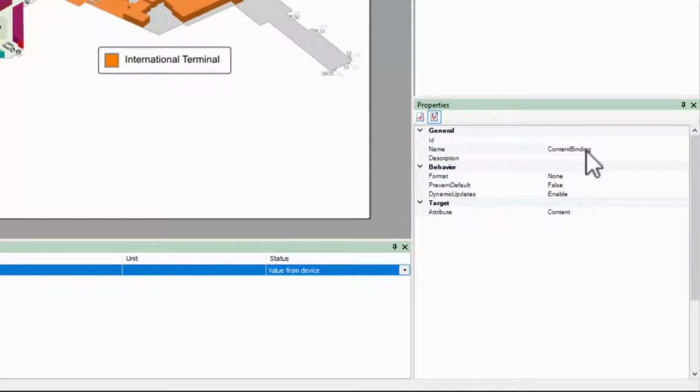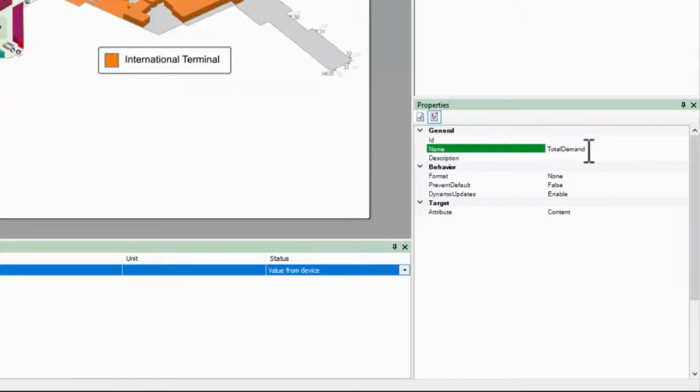I also want to set the object's name to something unique so that I can identify it. If I have multiple objects with the same bind name, they will all be controlled by the same point. We'll see later that this name has a special format to follow in the real project, but for now I'll just make it memorable.